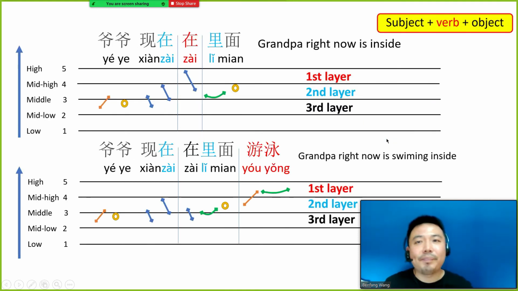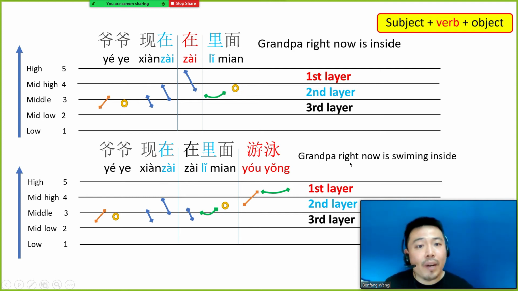The next one. Grandpa right now is inside. 爷爷现在在里面。There are 2 在. The first 在 is part of the word right now. 现在，现在。The second 在 is a verb, to be at, in front of the location. So the second 在, the verb, falls into the first layer. So the whole sentence will be 爷爷现在在里面。